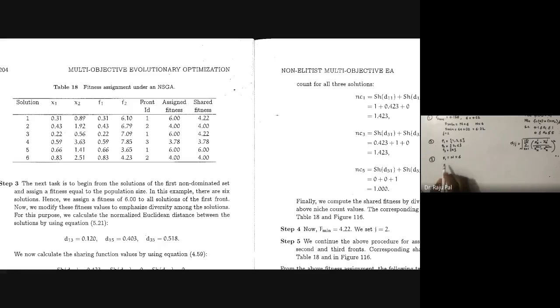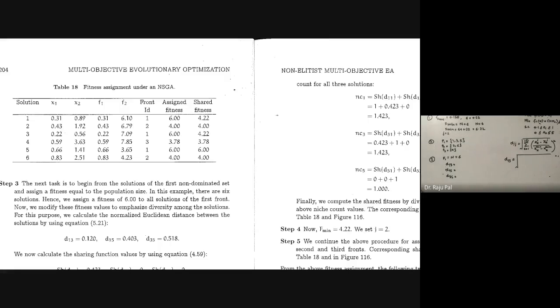For the first front, we need to calculate D13, the distance between solution 1 and solution 3, then the distance between solution 1 and 5, and then the distance between solution 3 and 5. So we need to calculate 3 distances for front 1. For D13, how can we calculate this? D13 is equal to the square root of